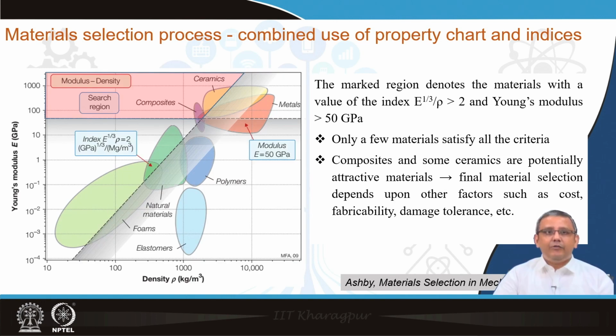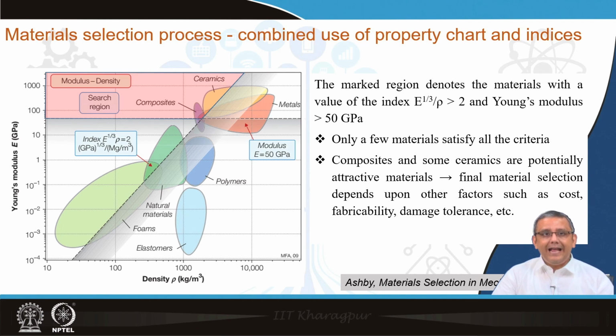So, in this slide we have combined two different concepts together. We have taken as our standard E to the power 1/3 over rho equal to 2. This is the value we have selected for the particular application. We could also select any other value, like 0.5 or 0.2, whatever we intend. That will be controlled by the final materials performance intended. But in any case, we have now selected E to the power 1/3 over rho equal to 2,